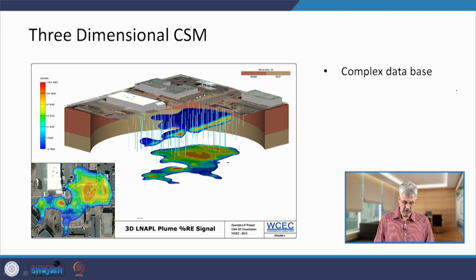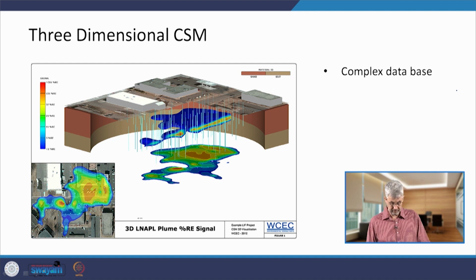and turns eventually three-dimensional, and informs us about the three-dimensional structure of the plume, which is very useful because it allows us to not just look at the two-dimensional spreading of the plume, but also in the vertical direction if there are potential risks for other aquifers in deeper parts of the geological stratigraphy, or if the plume may move offsite or already has moved offsite, and so on and so on.